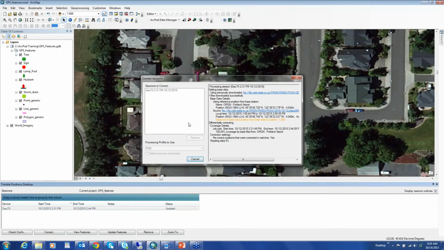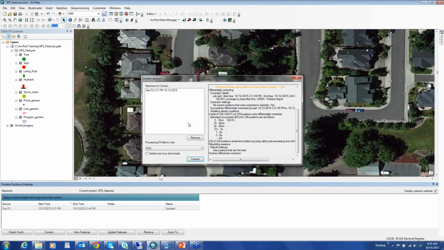Now, if the data is available on the server, then it will automatically download the base station files, and it'll begin applying corrections to my data. It does forward and backward carrier processing, forward and backward code processing, and then it will come up with an accuracy summary that you see on the screen. So the report says that I corrected 100% of my data. My estimated accuracies based on a 68% confidence level is that 100% of my data came between 0 and 15